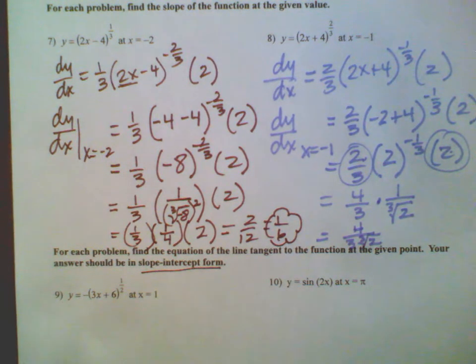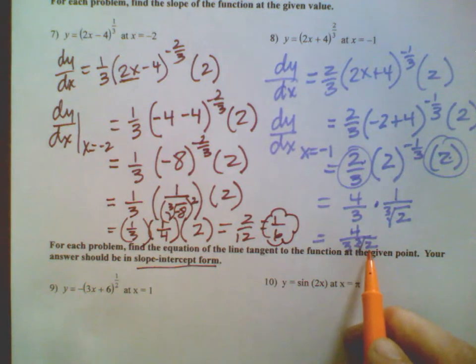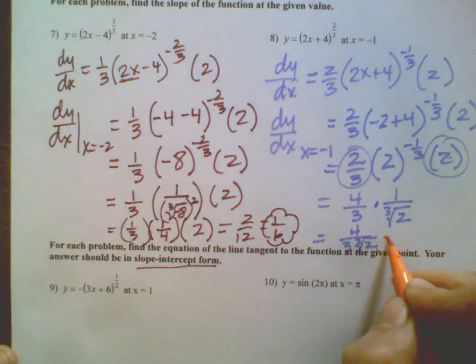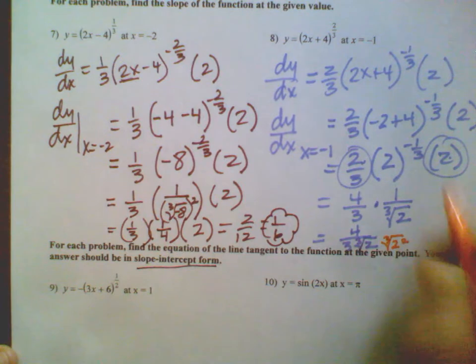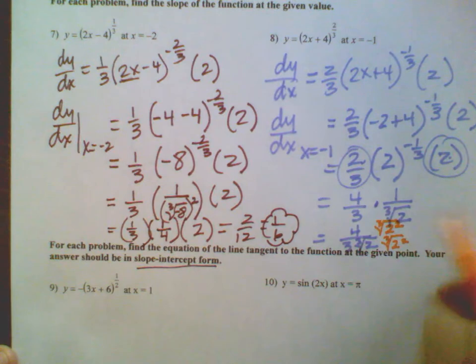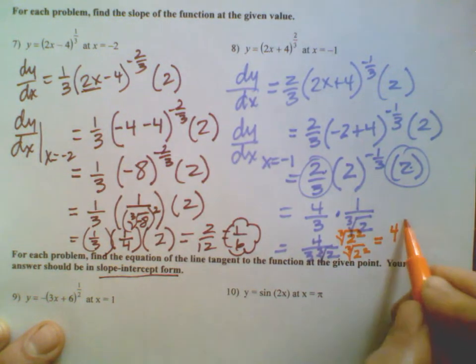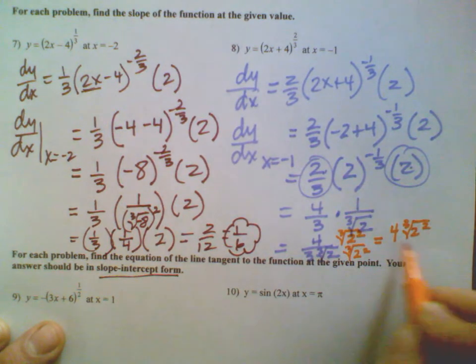This is something that's a little weird. Again, this is why I wanted to take the time and point this out to you, because when we have a square root in the bottom, I just have to multiply the top and the bottom by the radical to get rid of it. It doesn't work like that with a cube root, because I need 3 2's in order to get rid of the cube root, and I only have 1. So I have to multiply the top and the bottom by the cube root of 2 squared. So this will equal 4 times the cube root of 2 squared over